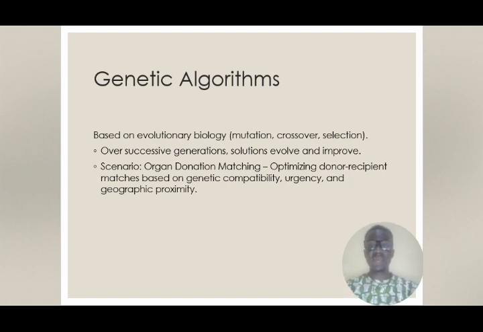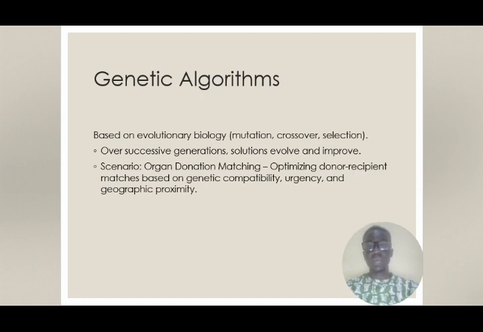Over time, it becomes better and better. It keeps growing wider. The more it grows, the better the solutions it provides to the user. In this scenario, we have organ donation matching, which is optimizing donor-recipient matches based on genetic compatibility,